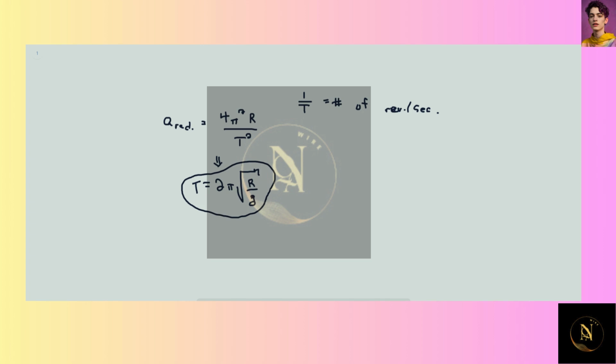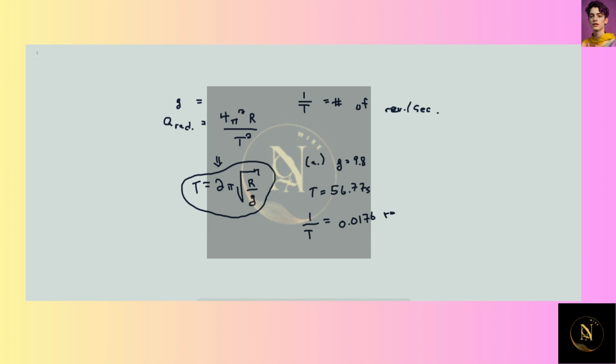We're given r is 800 meters, and in part A, we want the acceleration to be equal to g, which is how I solve for this. I said a_rad is equal to g, and then I solve for T to get this. And so g in this case is 9.8, because we want to simulate Earth's gravity. And so when we plug that in, I get that T is equal to 56.77 seconds, which means that 1 over T is equal to